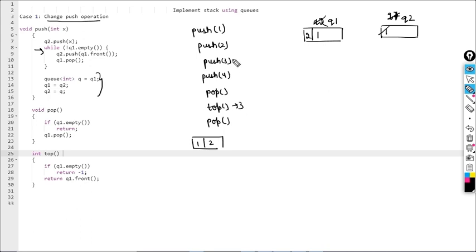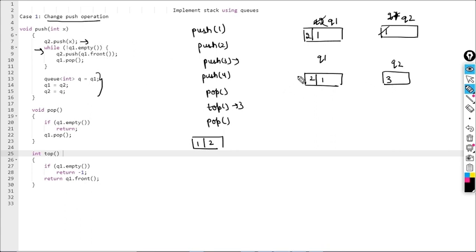Okay. Then we have push 3. Let's write Q1 and Q2 here. So this is Q1 and this is Q2, right? Now I need to push 3. If I want to insert 3, it will be inserted at Q2. So insert 3 here.